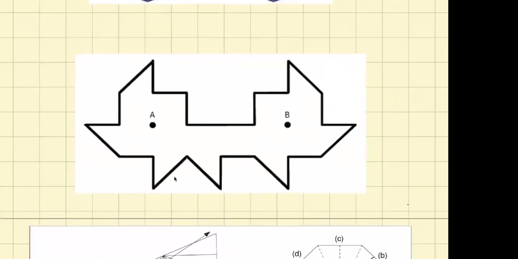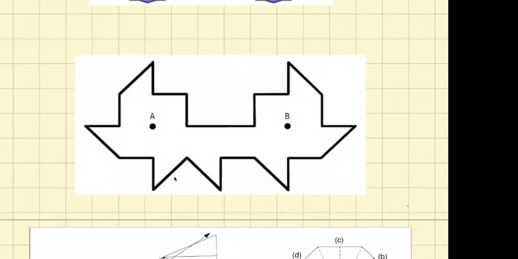So this is the first example. This is the so-called famous Tokarsky example. These 2 points A and B here don't see each other. Let's think about what happens on this shape. If you're trying to go from A to B in a straight line, you run into this vertex. If you're trying to go from A to B with one bounce off the wall, you might want to go like that, but it doesn't happen. You hit exactly this vertex. If you're trying to do it with, say, 3 bounces, 1, 2, 3, 4, you hit this vertex, and so on. So Tokarsky proved that there's no way to get from